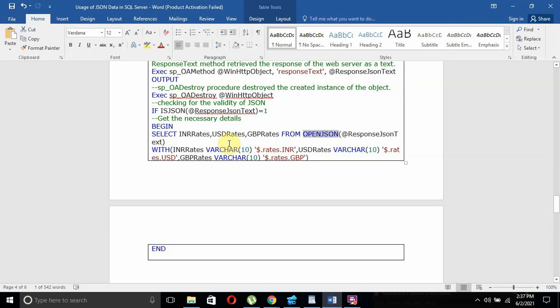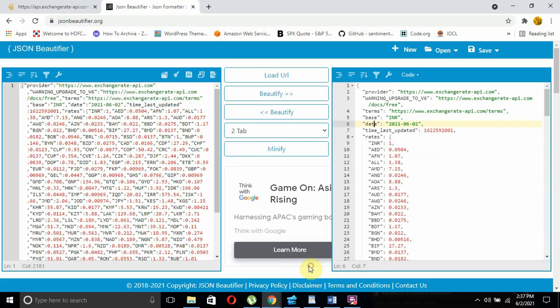Now I am going to take the INR rate. That's why I am specifying INR rates varchar(10), and within single quotes '$.rates.inr'. That means it will refer to this one.